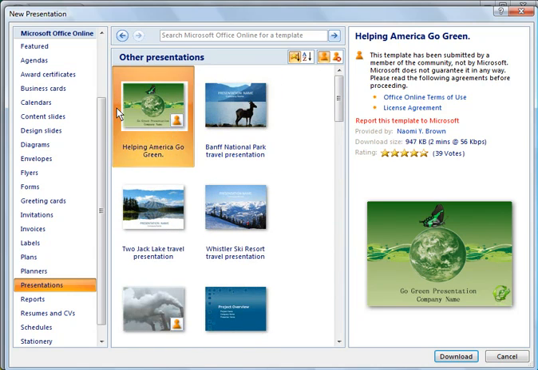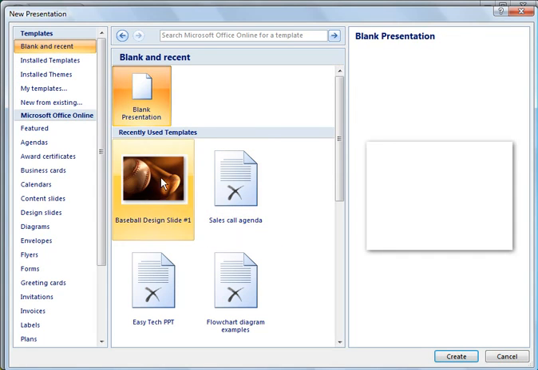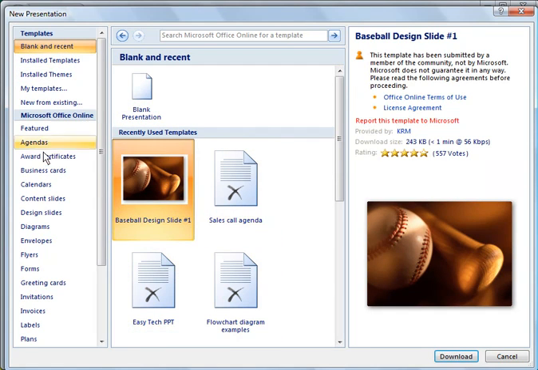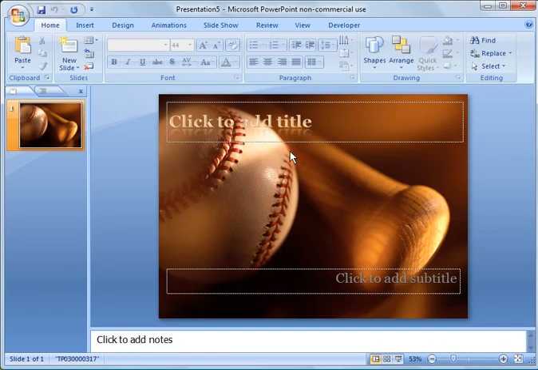So what I did here is I downloaded just a baseball one, real simple one. So I'm going to go to blank and recent, and I'm going to choose the baseball one. And this is what it'll look like when you go to Microsoft Office Online. It'll tell you a little bit about the template and show it to you, and it also has a rating. So here you can see this got 4.5 stars, and 557 people have commented on it. And what you do is just click download, and it will download. And now you have